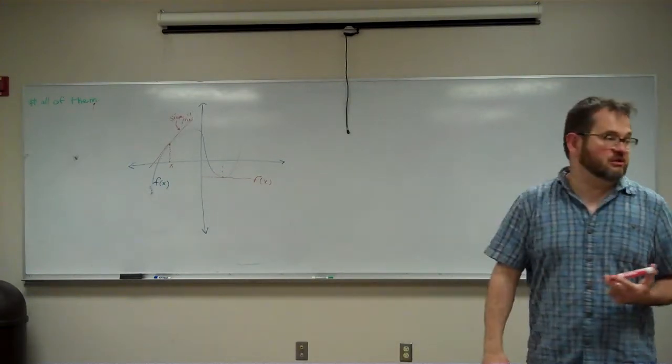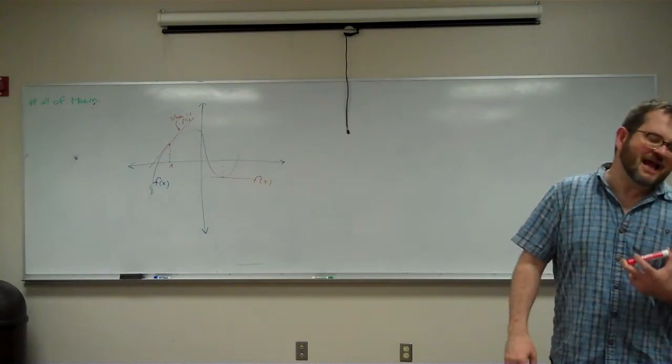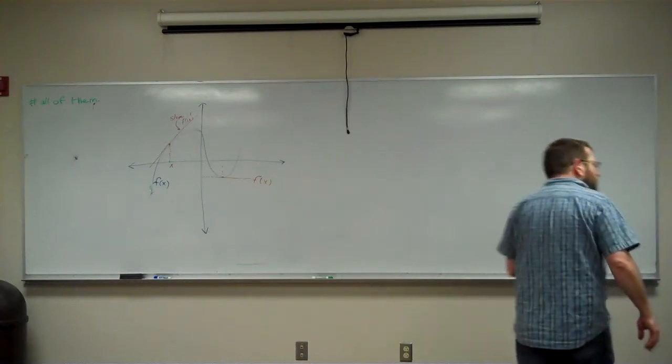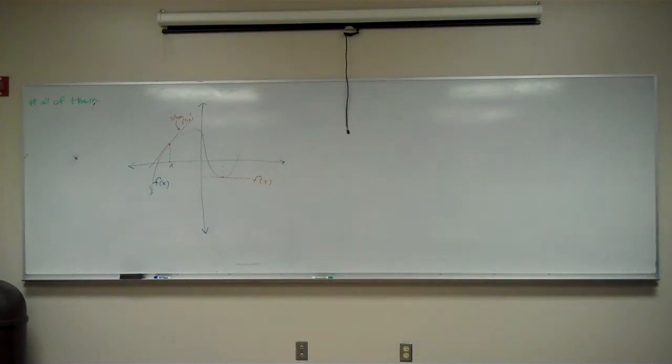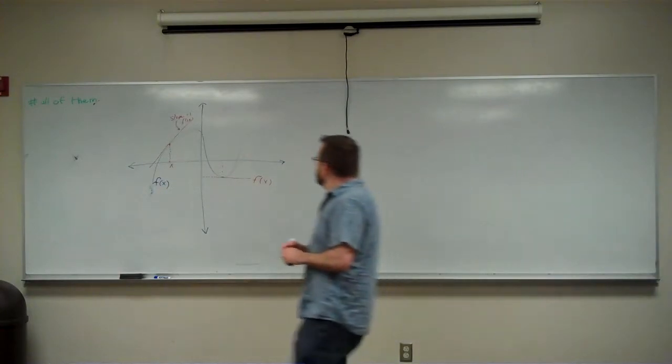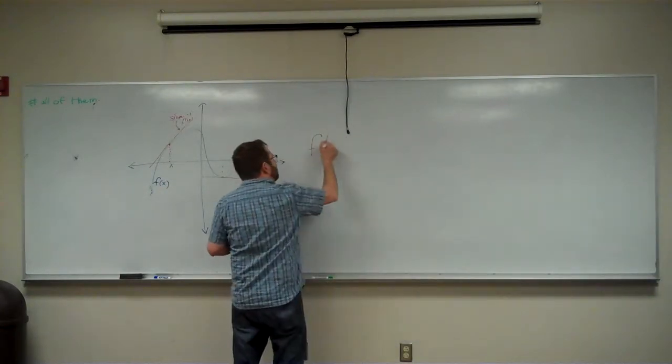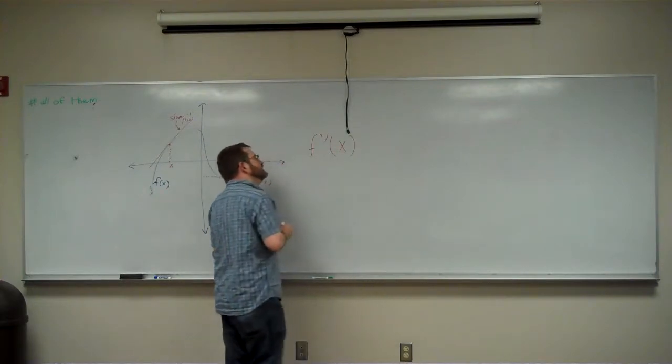Well, a tool we've already used before. And the book gets super technical about all of this here. Section 4.5 is derivatives and the shape of the graph, and it talks about the fact that if you just found f prime of x,